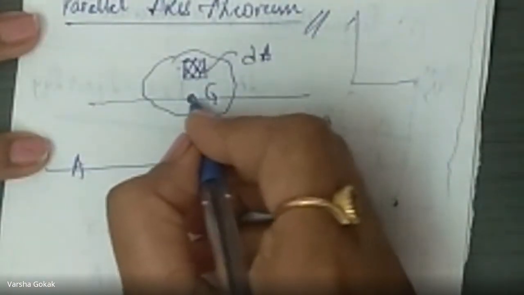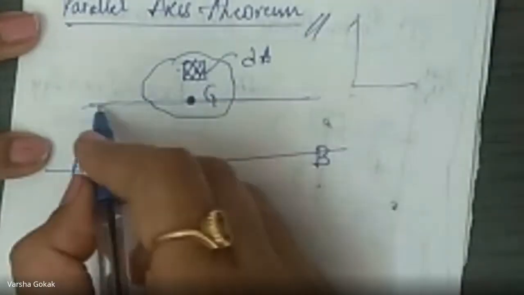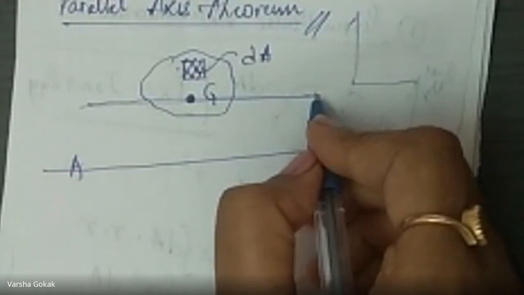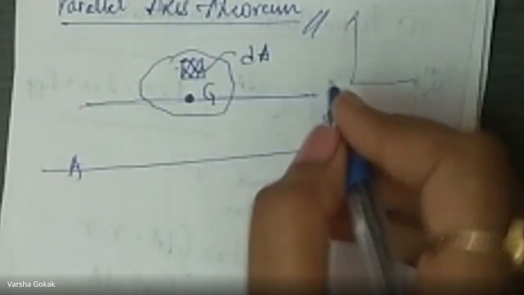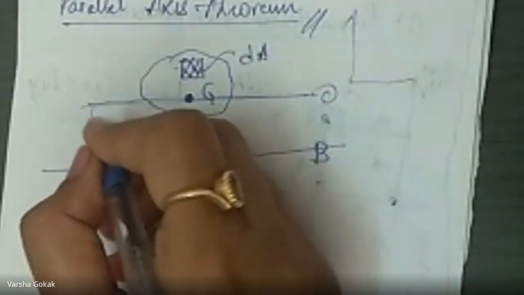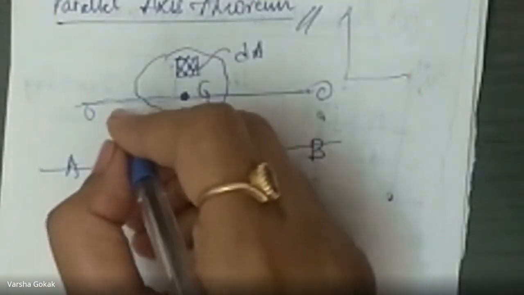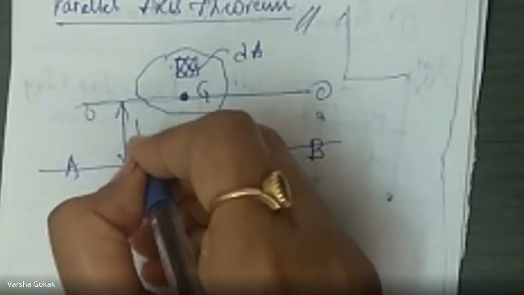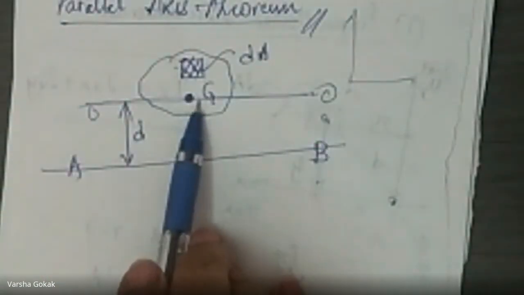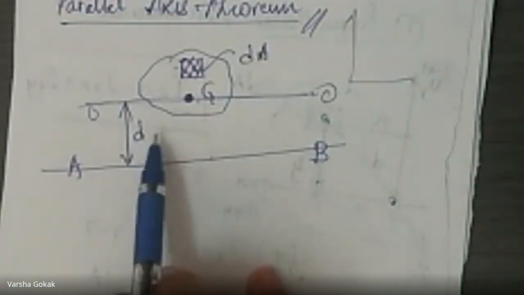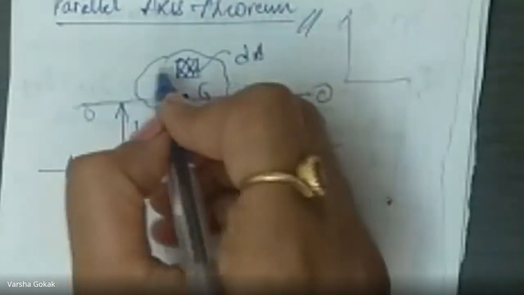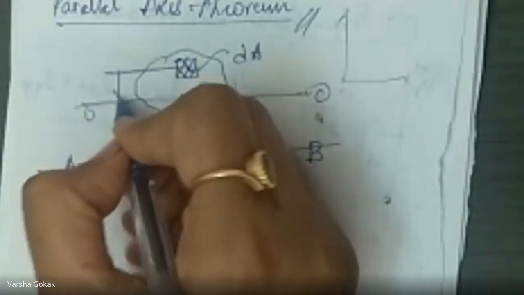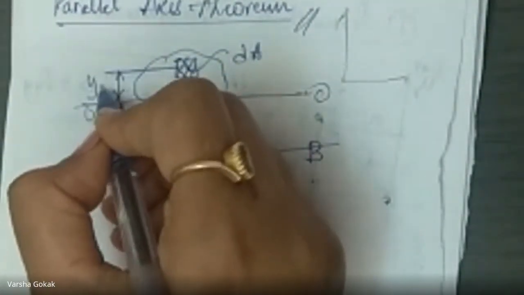And obviously, if this is the centroid and I have a horizontal axis passing through the centroid, that would be my x axis, generally parallel. We can just call it some OO axis, something like this for now. This distance, I will call it D. That is the distance between the CG and the reference axis is D. And now there is this elemental area dA and there is the CG. The distance between these two, let us call it Y1.